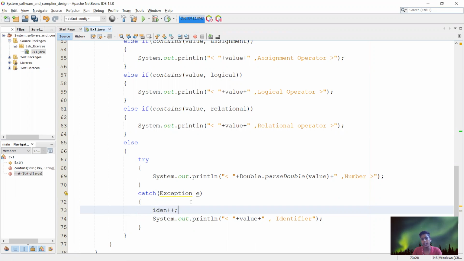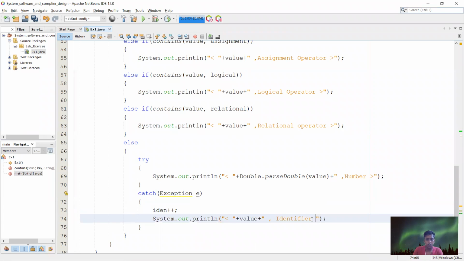Whenever it passes into the identifier block, it will increment, and we need to print which identifier it is, 1 or 2. So I am printing identifier. That's it, it will be printed.